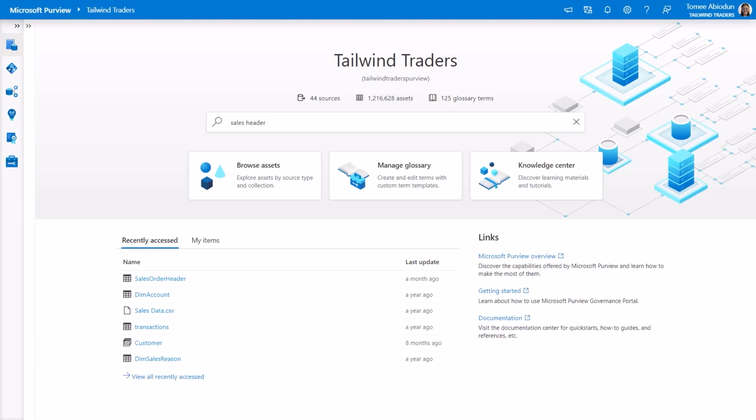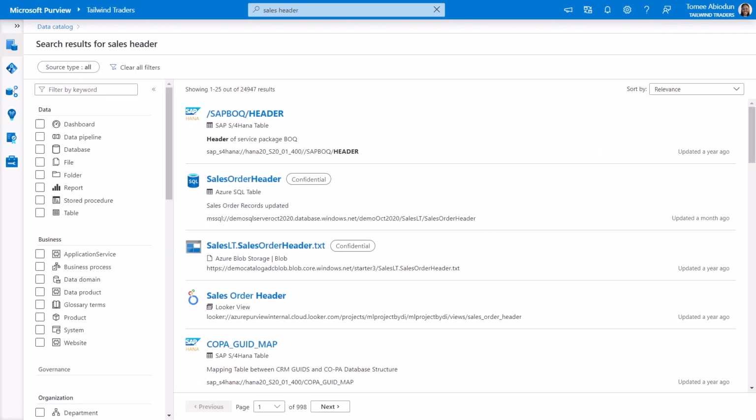Since security and compliance is a major concern for a global enterprise like Tailwind Traders, they are using Microsoft Purview to discover and identify potential compliance issues so they can manage and protect their data estate across on-premises, multi-cloud, and software-as-a-service applications. Tailwind's data science team, working on the recommendation model, uses Purview to find and gain access to the